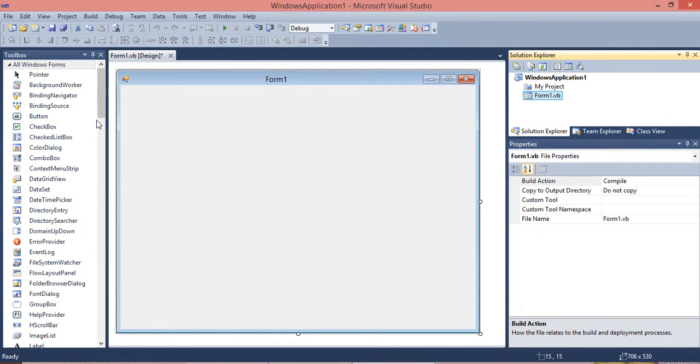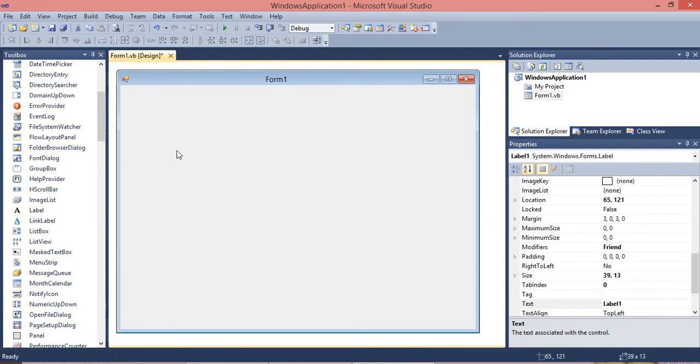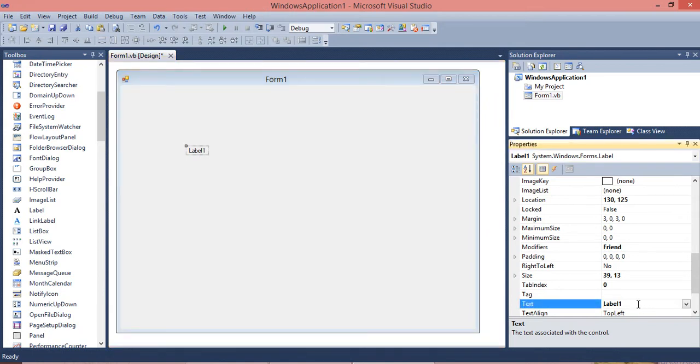So we need a label. L will be there, right? See here in the toolbox, the label. Just click and drag it here. Yes, the label is available. Now go to the property window and you can change the text. Click here, press backspace and delete Label1.